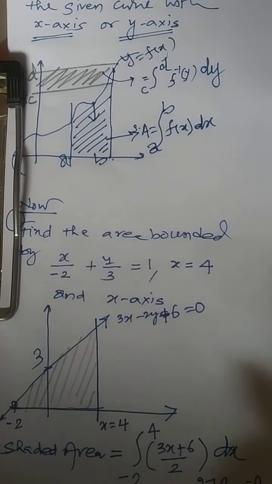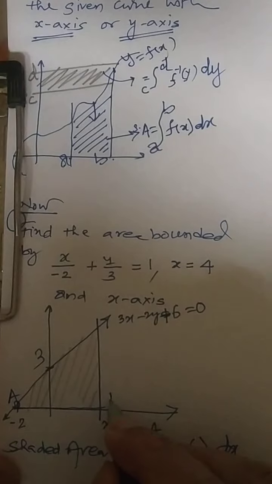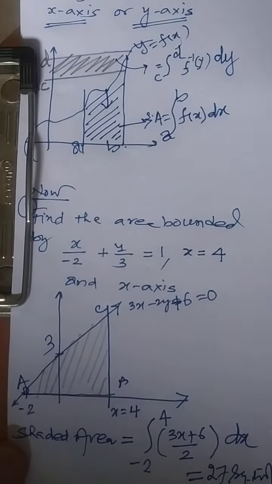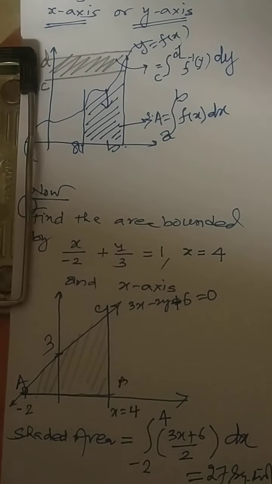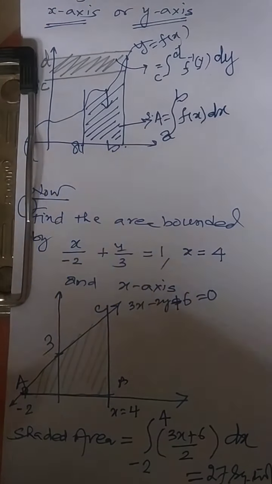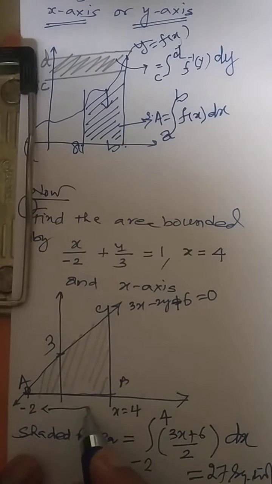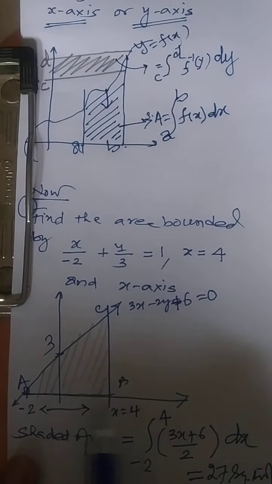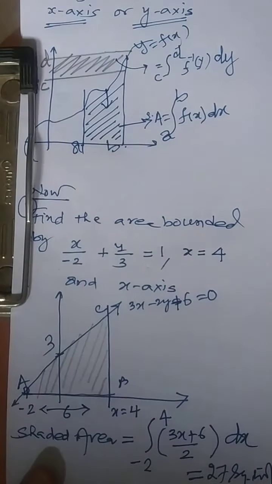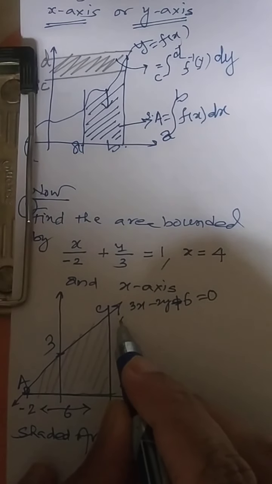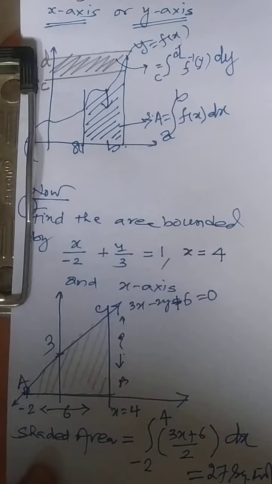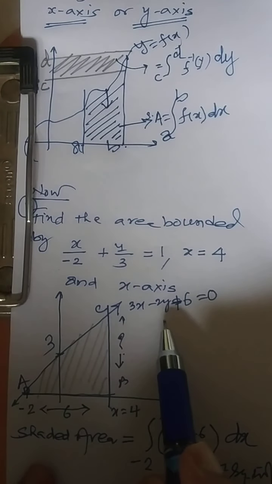Can this area, suppose I call it A, B, C, be calculated by using the area of a triangle concept that you know? Yes, area of a triangle is given by 1 by 2 base into height. How much is this base length? From A to B it will be 6. And suppose I am asking what will be this height here, then you will be putting 4 in this place, x will be equal to 4.